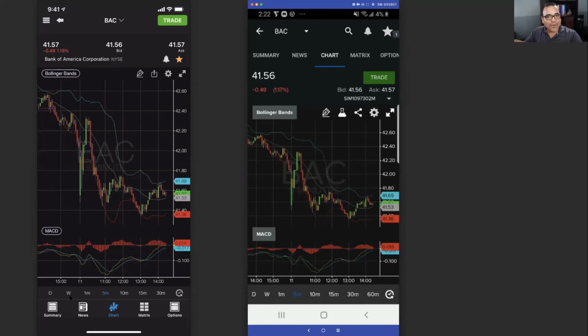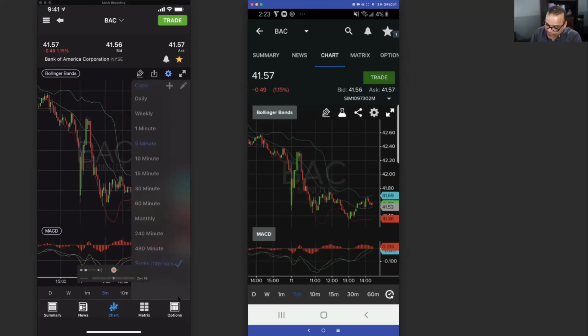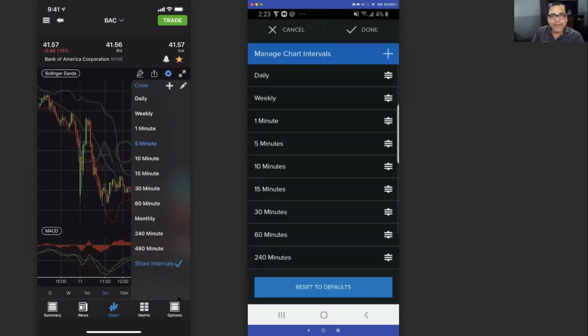If you want to change the ones that show up at the bottom, that's something you can also do. Everybody sees the little clock here on the far right. If I tap there, this is the order in which the time frames are going to show up at the bottom. And remember, this is all about space and being able to utilize the space on your phone screen to the maximum benefit. So if you have some time frames down there that you don't ever use, why have them down there? So you can reorganize your list of time frames and make them work for the type of